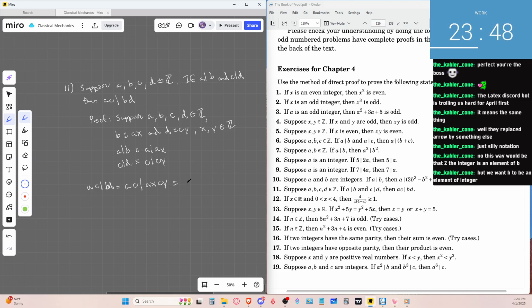And then you can do this where you just, so bd is equal to ax times cy, which is equivalent to ac times xy. Therefore, ac